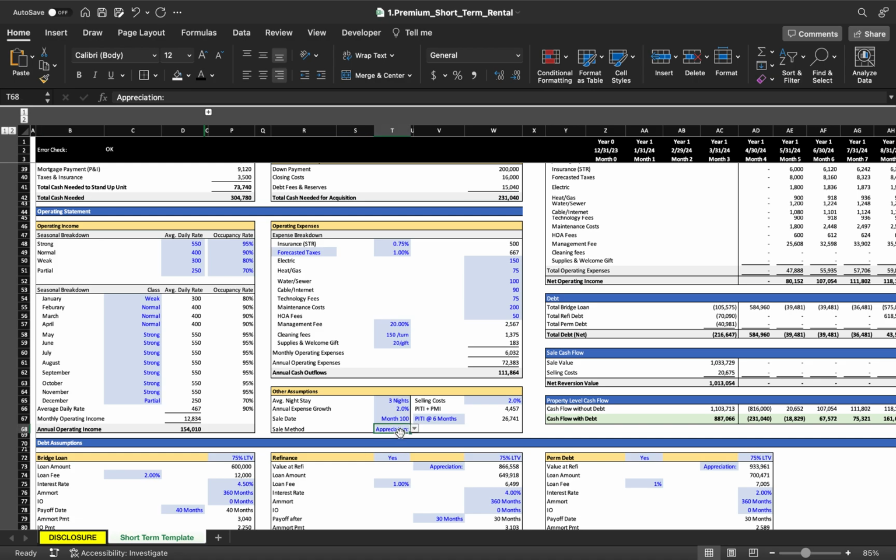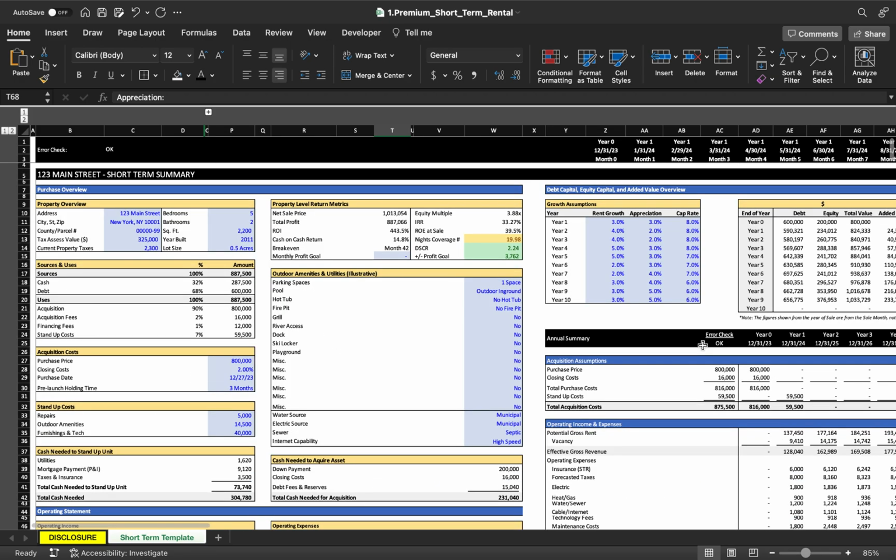Finally we have the sale method. So when you're selling the asset in month 100 in this scenario, we have your value at sale being dictated by either the appreciation method or the cap rate method. If we do it by the appreciation method, you'll see we have these assumptions, and this is just what the asset is growing at on an annual basis. If we do it based on the cap rate method, the way that